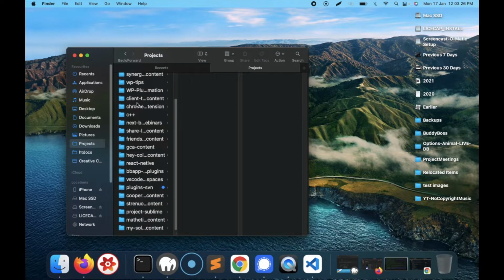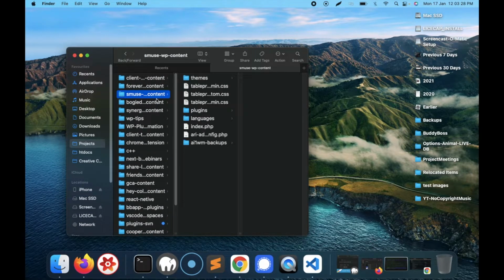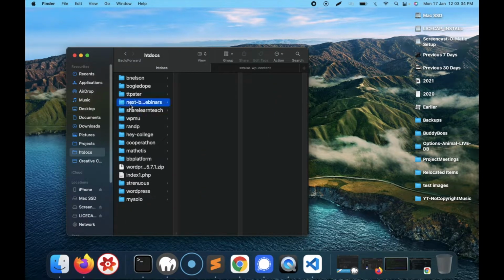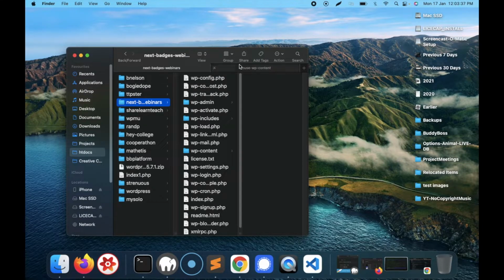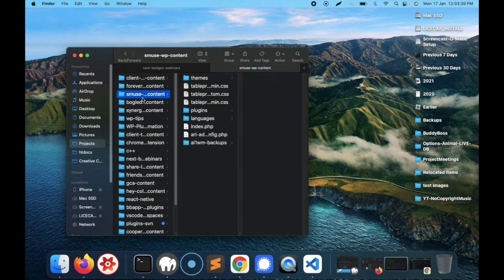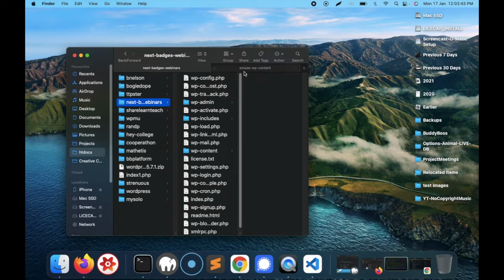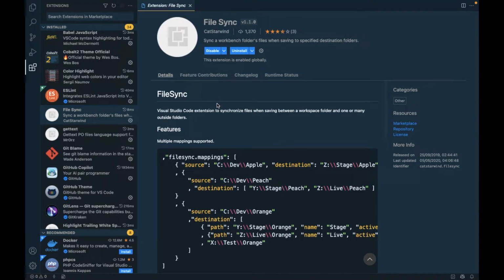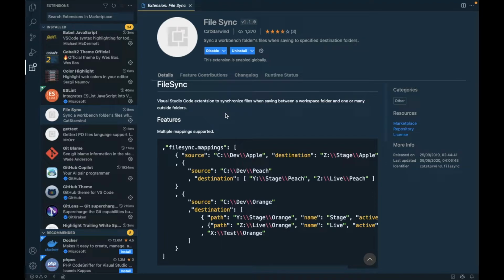So these are my separate Git repos for these projects, and this is my actual WordPress installations. So I work in this repo and sync my files to this WordPress installation. At that time, you will need that file synchronization. And how can you do that? So